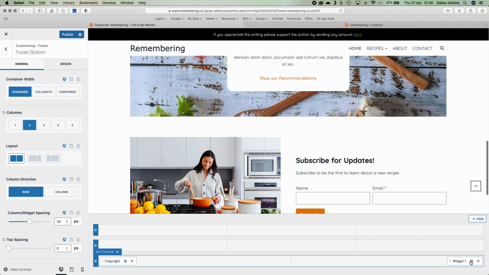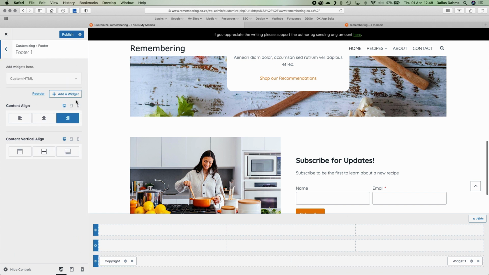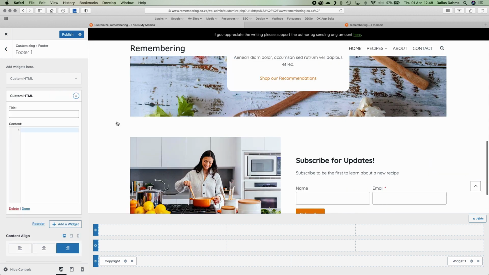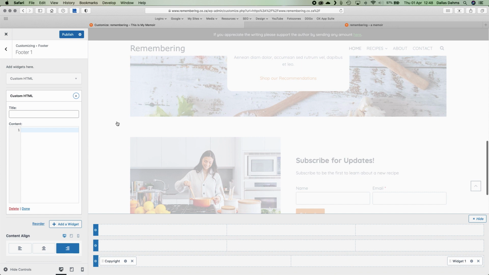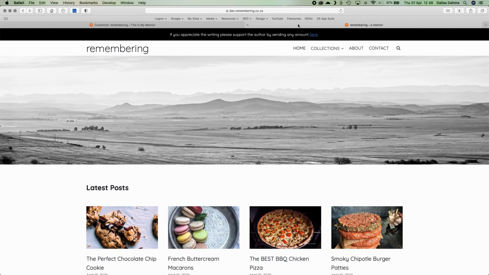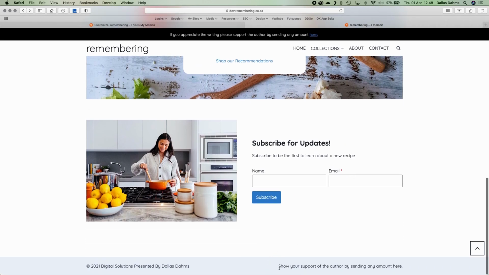Let's put that widget in there, and if we add a widget, we'll click on add, and it's just custom HTML, which we will copy directly from the place where I had it originally. So it's in there. Go and right click, copy,